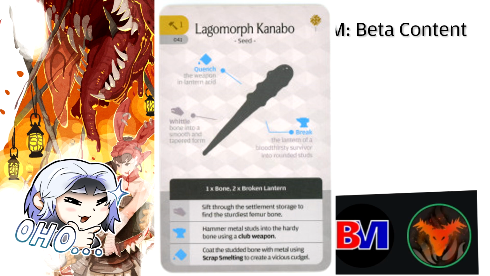It is a seed pattern, which means for now that you draw it when a survivor hits 3 insight, or 3 understanding rather. Well, 3 anything, which can be other things besides insight. Yes. Anyway,